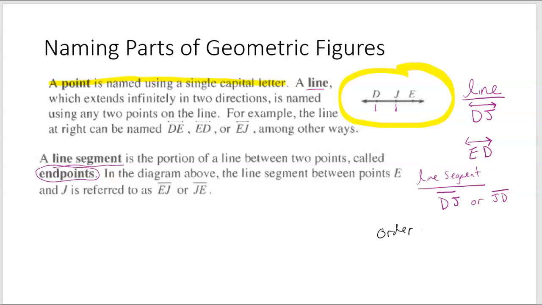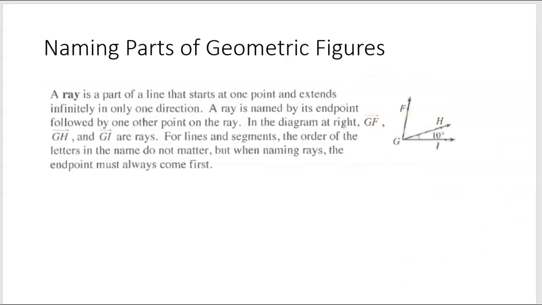So order of letters doesn't matter for line and line segment. Okay. Now, something that does matter is something known as a ray. Okay. So let's go ahead and copy down this lovely picture. Okay. And what a ray is, it's just part of a line that starts at one point